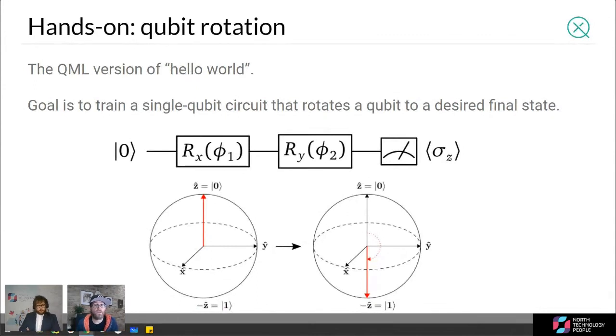So in the middle of this slide, at the left, we have our initial vacuum state pointing in the Z direction. We then pass it through two rotation gates, RX and RY, with free parameters for those rotation values. Then we measure the output, whether it's pointing up or down. We want it to point down. So if it's pointing up, give it a big penalty, try it again, and train it to figure out what I need to do with these parameters so that I can get that output pointing down.